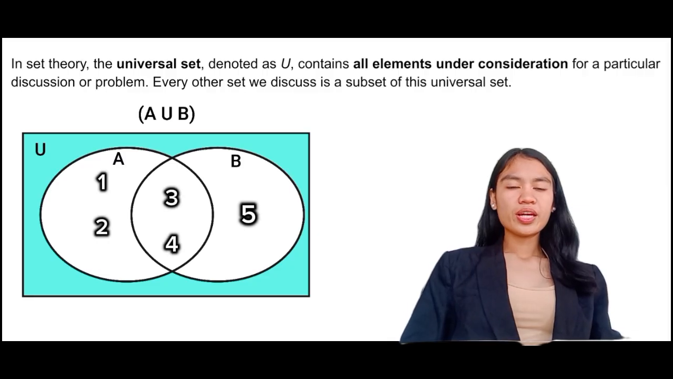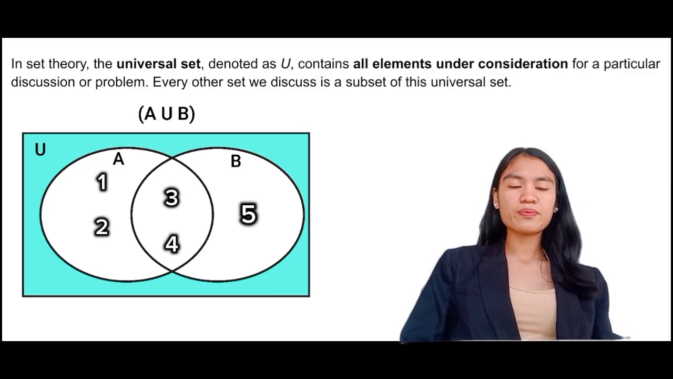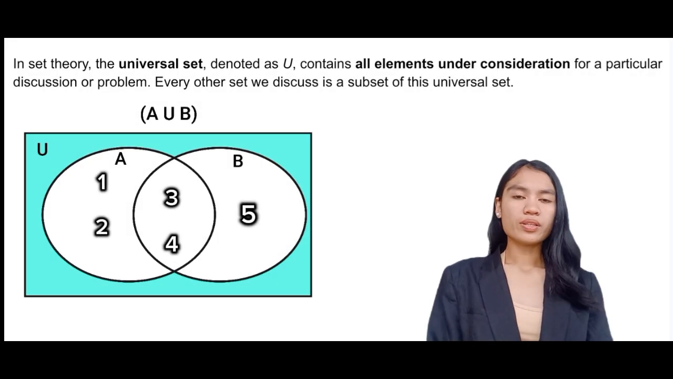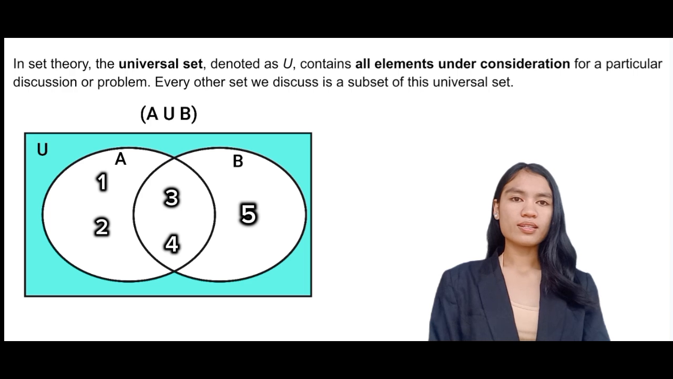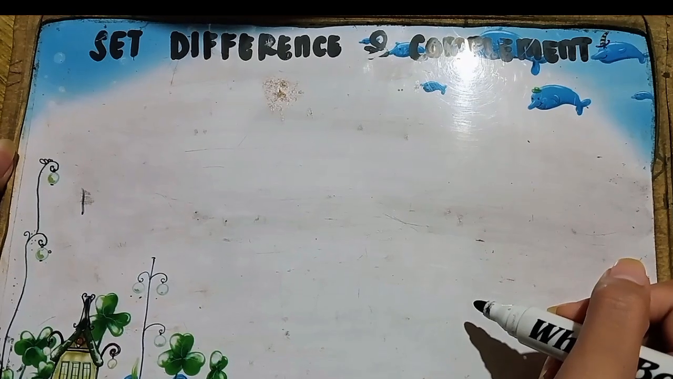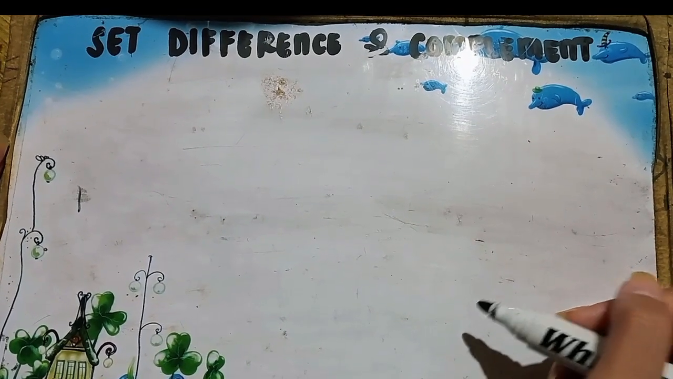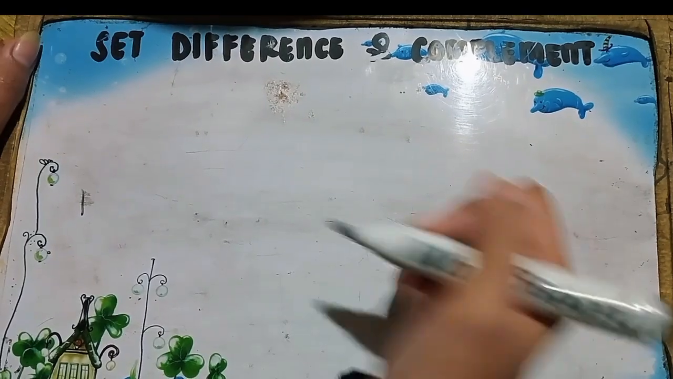In set theory, the universal set contains all elements under consideration for a particular discussion or problem. Every other set that we discuss is a subset of the universal set. As we notice in the picture shown below, the rectangle represents the universal set U. Set A and set B are subsets of set U. Suppose we are studying students in a class. Our universal set, denoted as U, might include